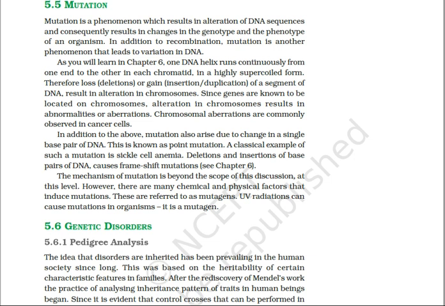Then we move on to the types of mutations: somatic mutations and germ mutations. Somatic mutations generally occur in the general body cells of the individual, or somatic cells, whereas germ mutations occur in the germ cells or gametes.